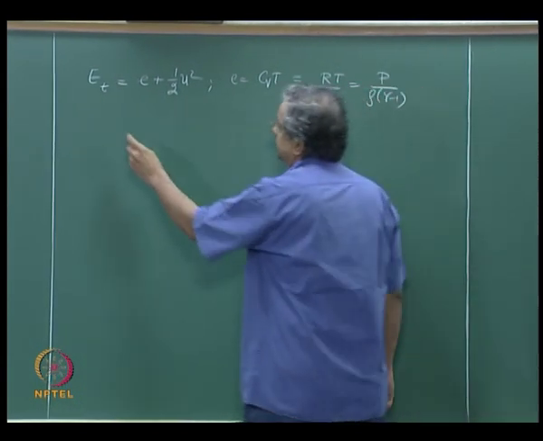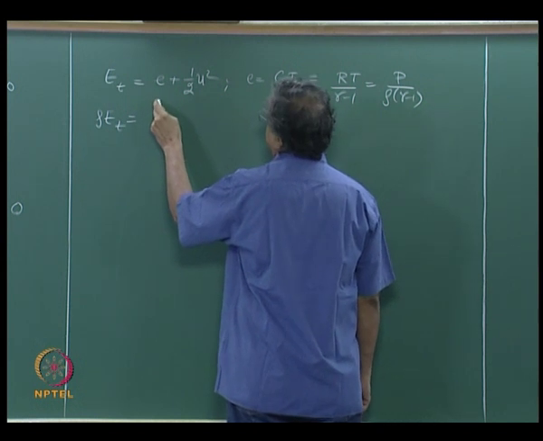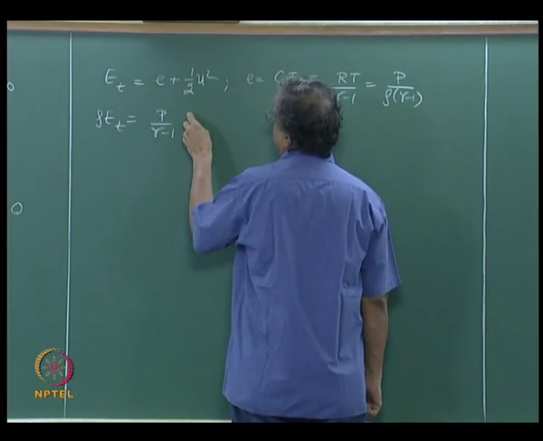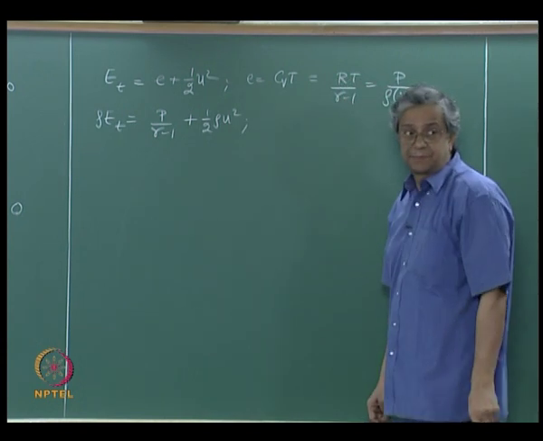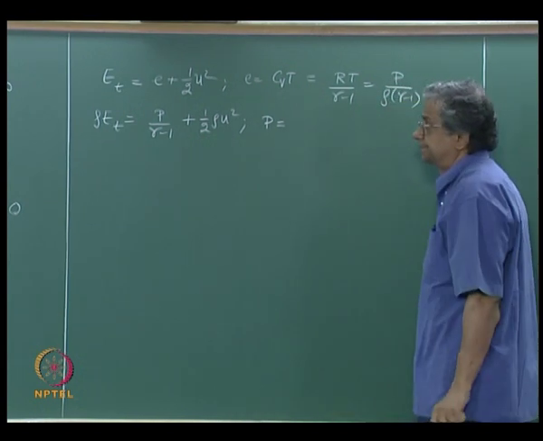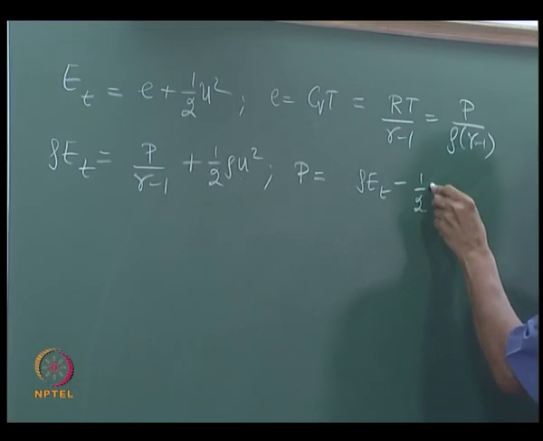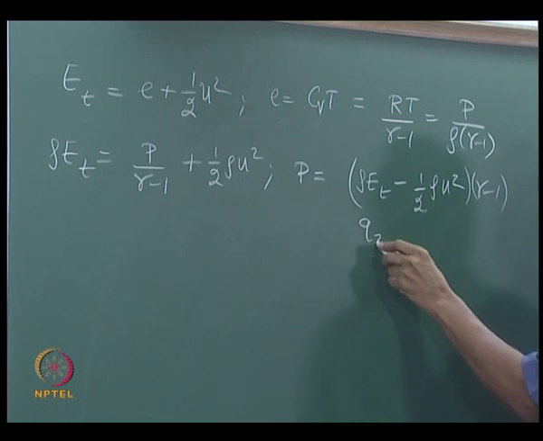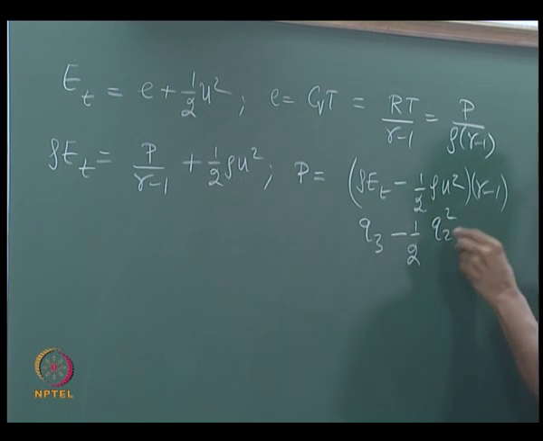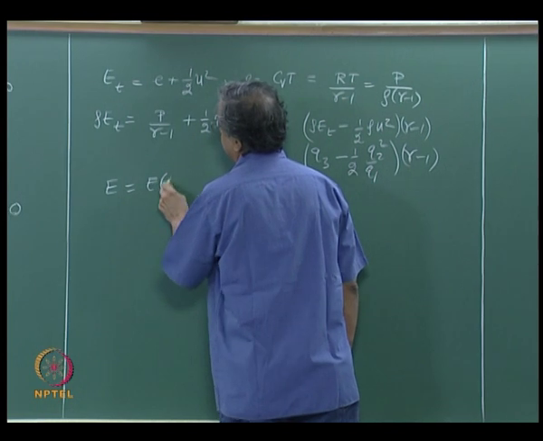So you go back here, rho E total is P by gamma minus 1 plus 1/2 rho u squared. This tells me that P is rho E total minus 1/2 rho u squared times gamma minus 1, which tells me this is Q3 minus 1/2 Q2 squared by Q1 into gamma minus 1. Am I making sense? So now we managed to write E as a function of Q,